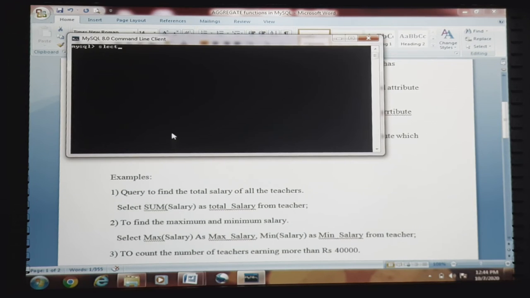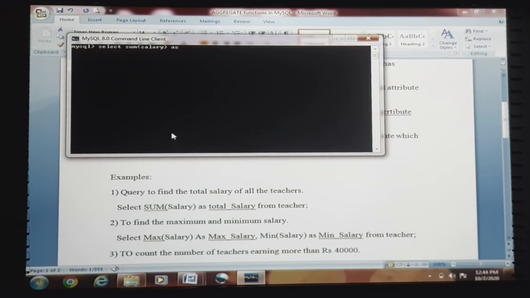Select, the first function is sum. First function is sum of the salary attribute, salary. Select sum, salary.